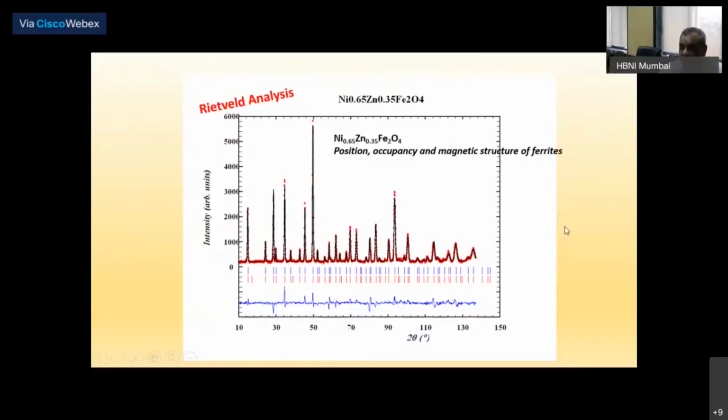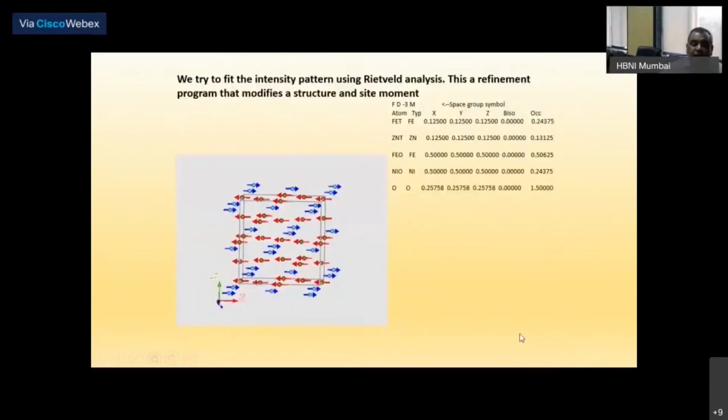So one thing, in all this process, I have refined a model. So my result is certainly model dependent. Then all of you might question what is the uniqueness of this result. I will say the uniqueness of the result depends on how good a model you have chosen. But often this is extremely good, and you can see the fit, and then what we get is this. So this is the structure.